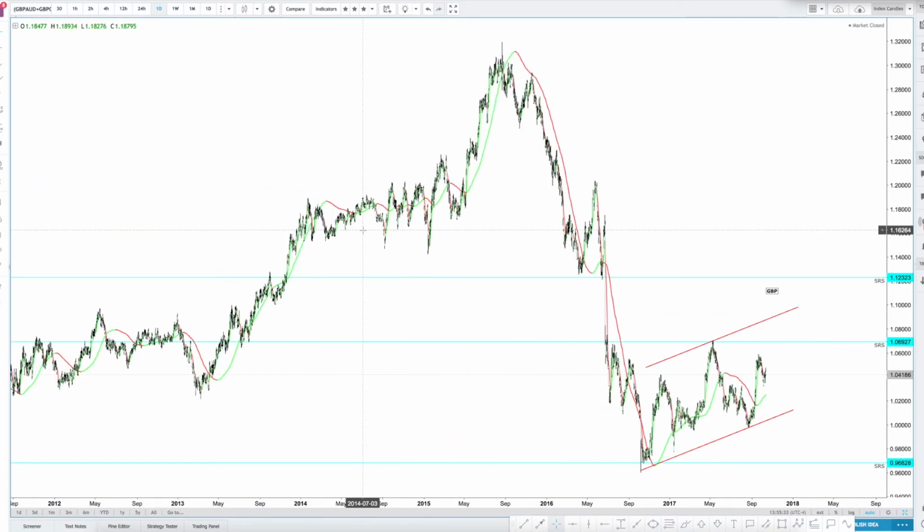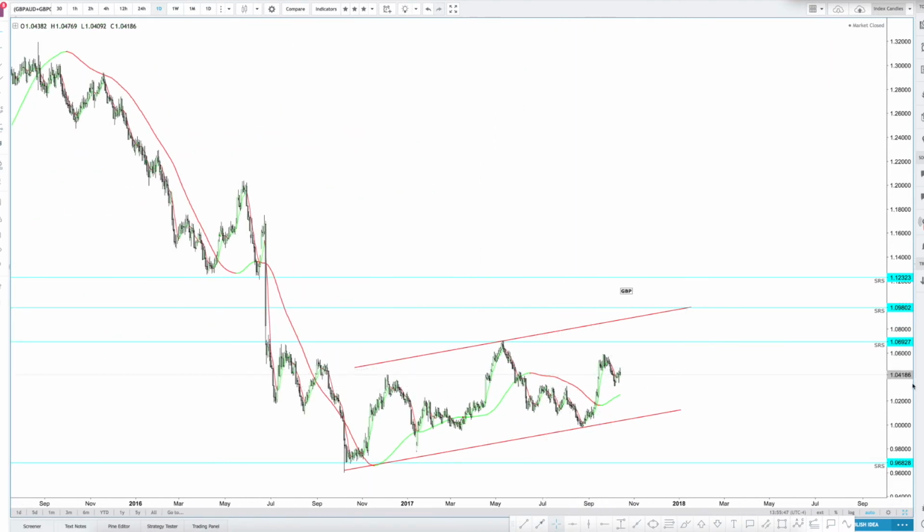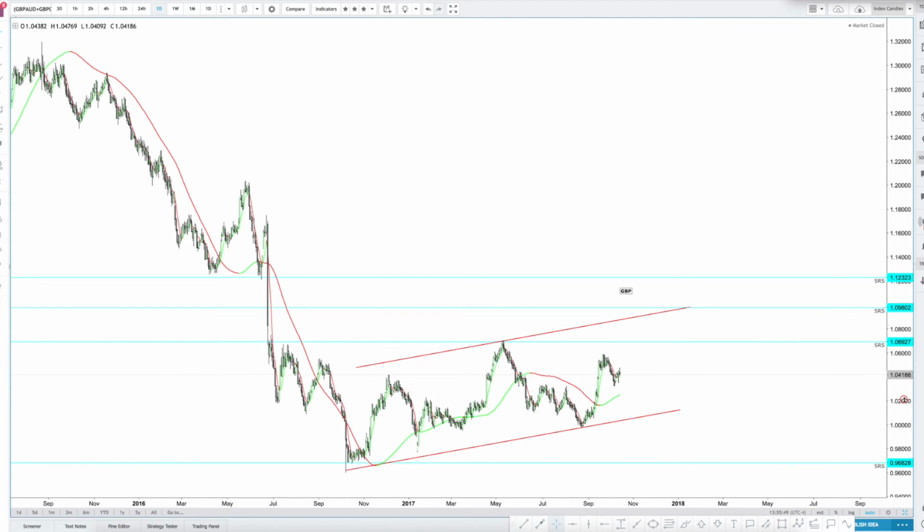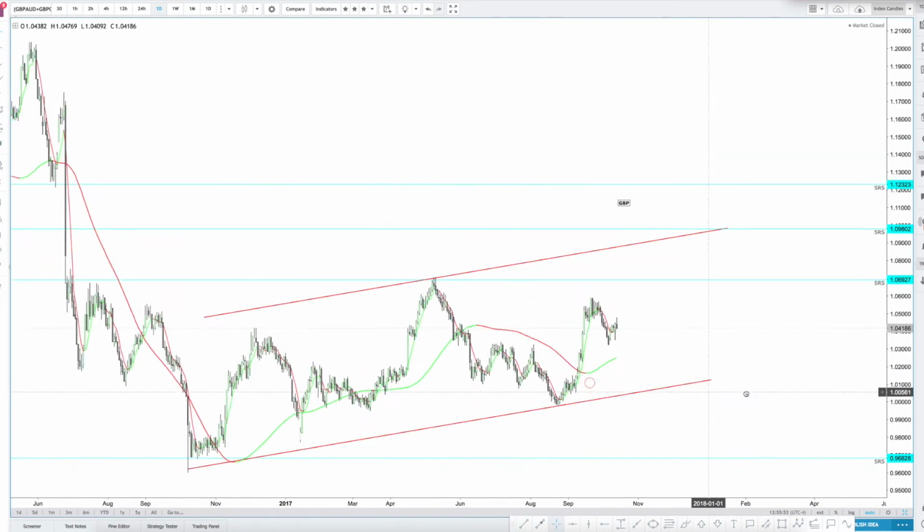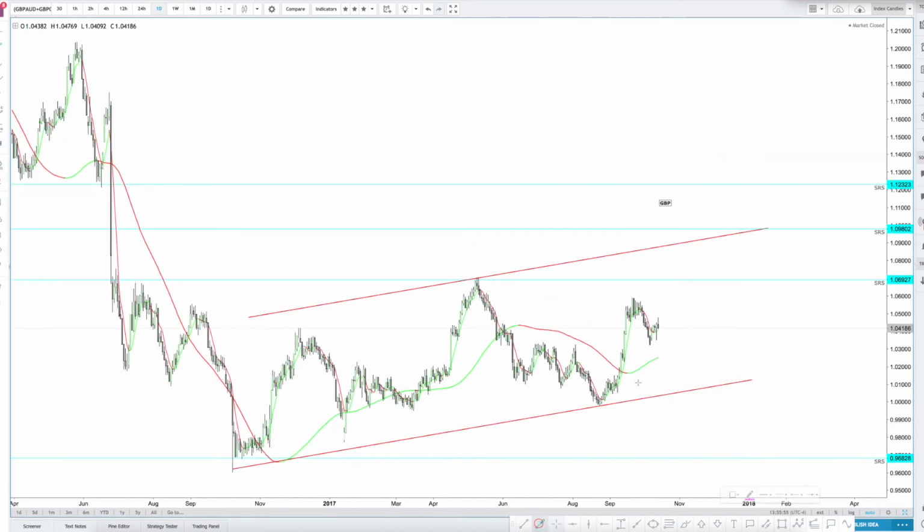You could say that this area here is a rejection price, so potentially to move this way,